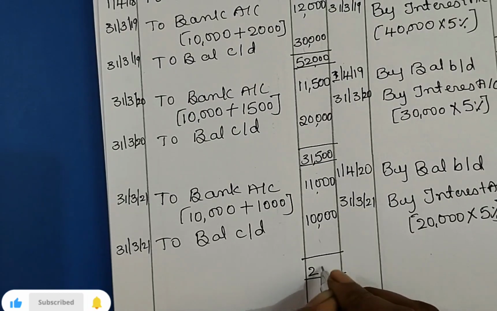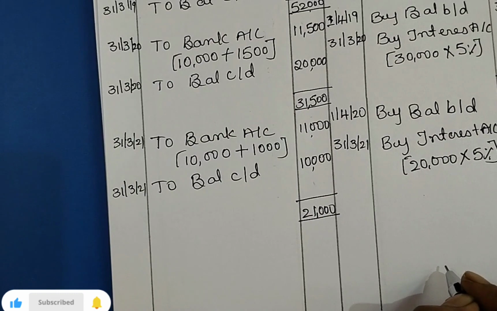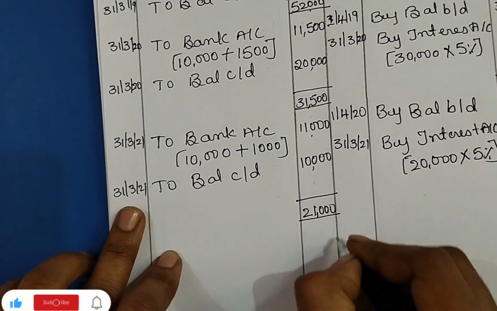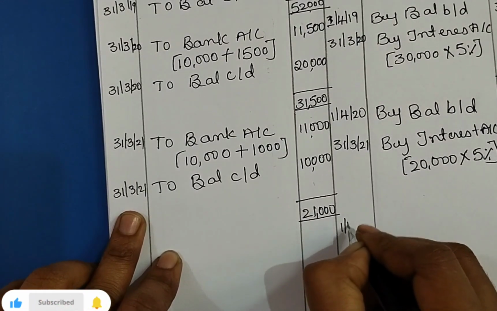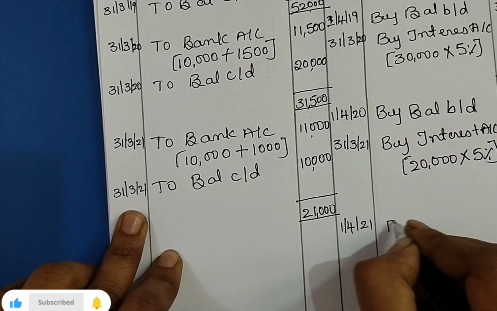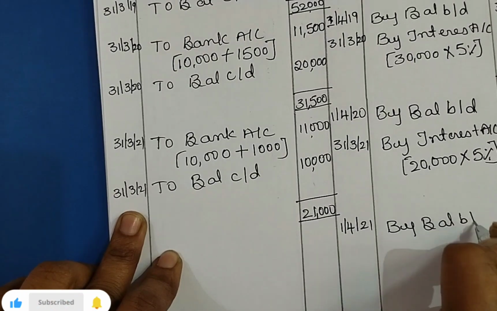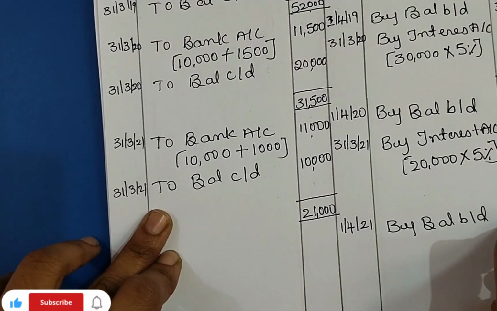Total is 21,000. Right. Now first we are carry downing this balance on 1st April 2021 by balance brought down 10,000